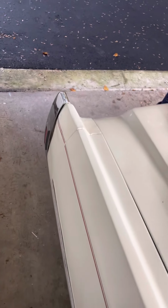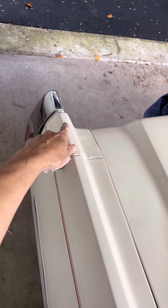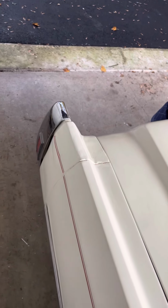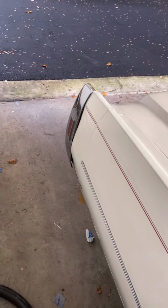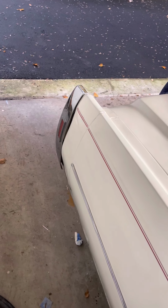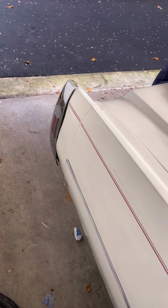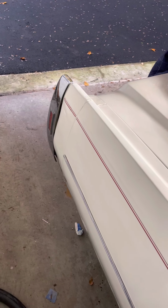There's multiple cracks, and these were, like I said, less than a year old, all up in here, coming down here, multiple areas. So someone really over tightened the bumper filler. I didn't feel like going through the process of replacing it again, since it's fairly recently done. So what I did is I took some